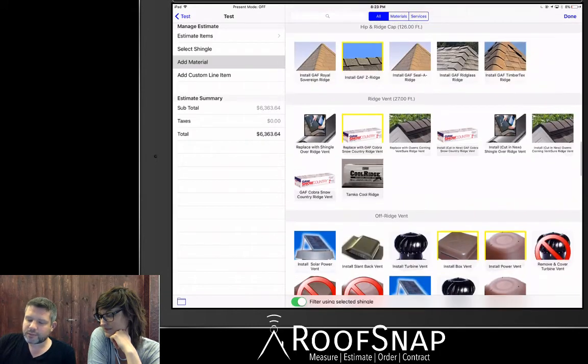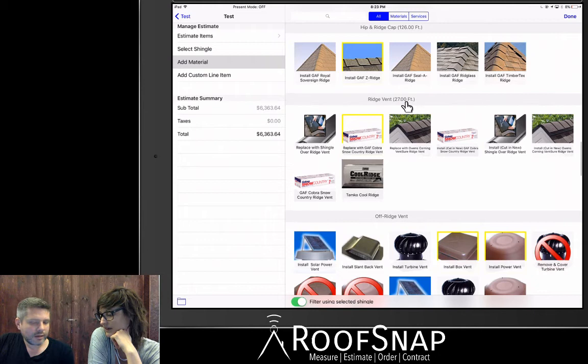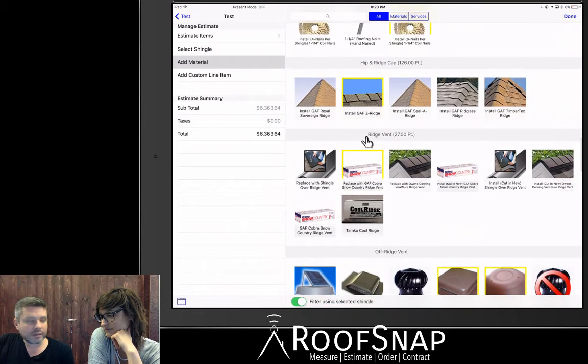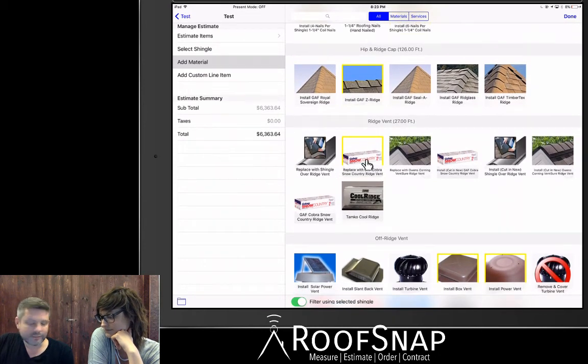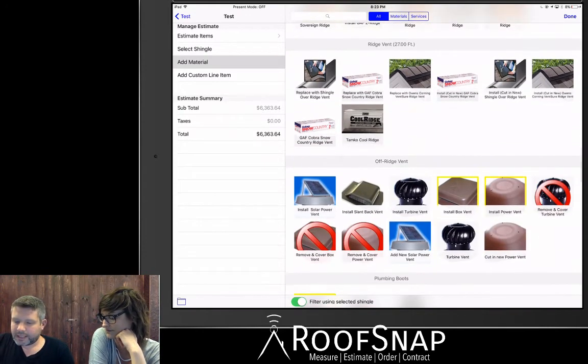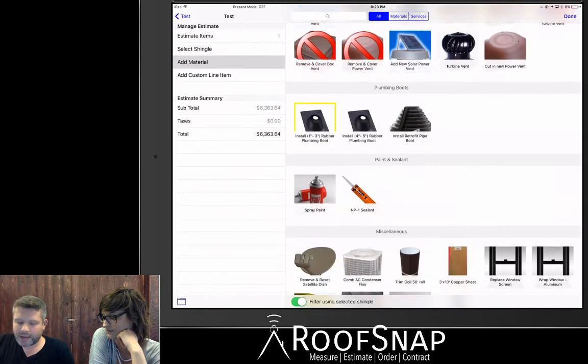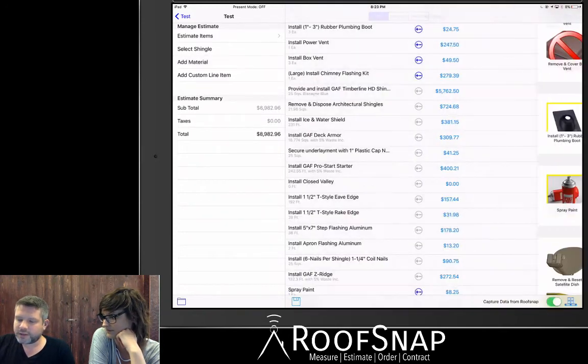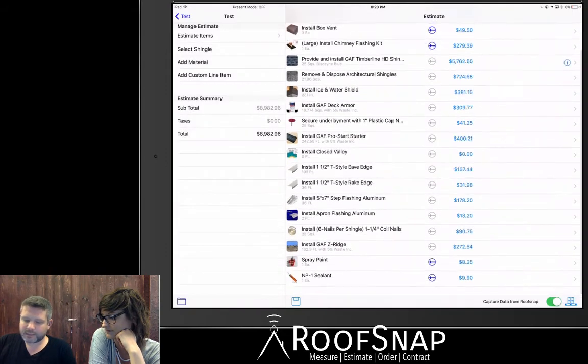And you see the measurements. For each category we're selecting, the measurements are already there. Great. And it's going to convert, based on coverage ratios, how many boxes of Snow and Country we need. It's going to turn the linear foot into boxes or squares or bundles or whatever the item is sold by. Let's see, is there anything else we need? How about 1 can of spray paint and 1 tube of NP1? That should do it. Now we have a complete estimate,